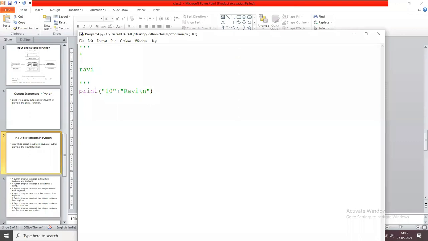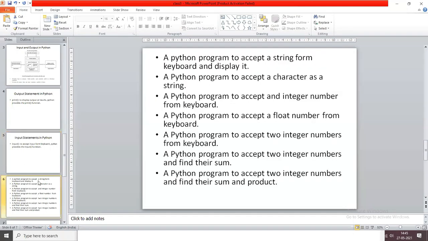Now we are going to write one program. All these are programs you try to execute at home. A Python program to accept a string from keyboard and display it. Already we executed that program. A Python program to accept a character as a string.